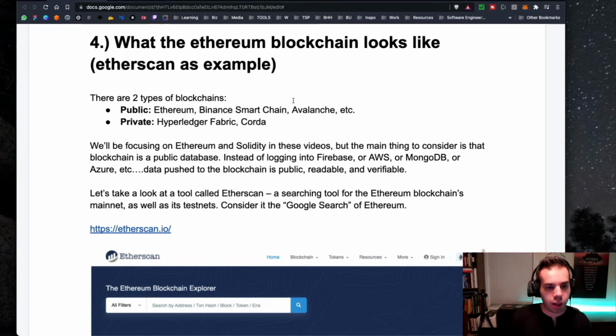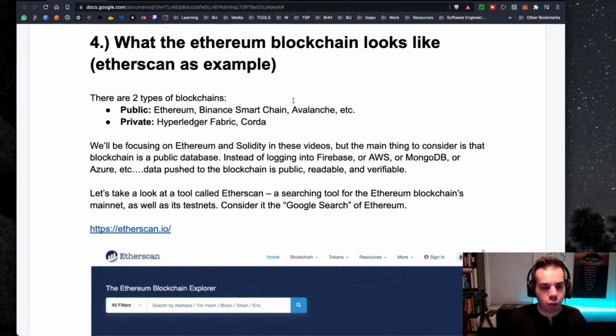There is also a type of blockchain called distributed ledger technology, or DLT, that is also just called private blockchain. And two examples of that specifically are Hyperledger Fabric and Corda. There are DLT solutions where, let's say you wanted to have an immutable database, but you didn't want it to be publicly searchable, but only searchable to a select grouping of people. That specifically might be helpful for finance or supply chain or logistics, or any company that really needs to have private secure data. That's where a private blockchain might be really handy.